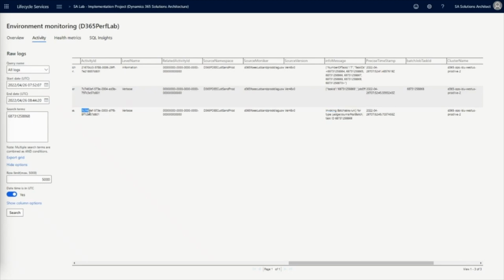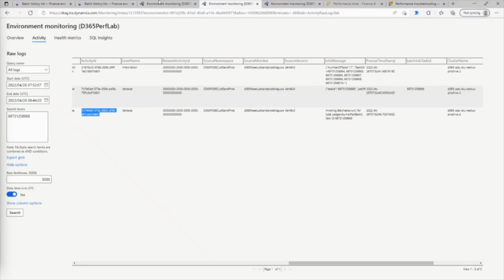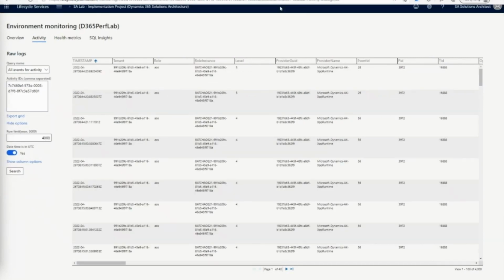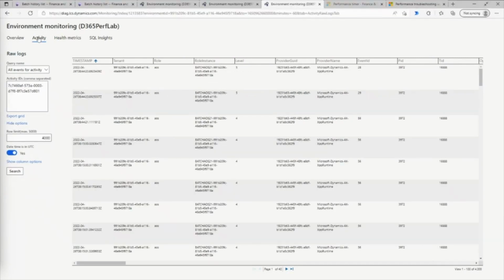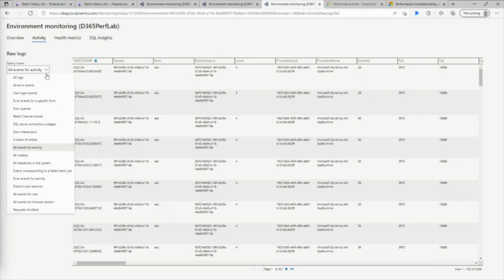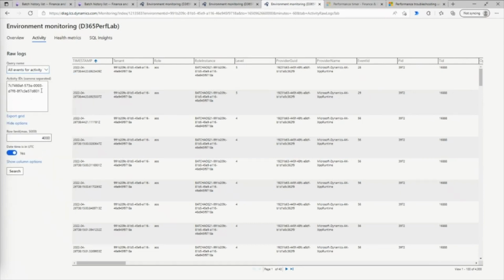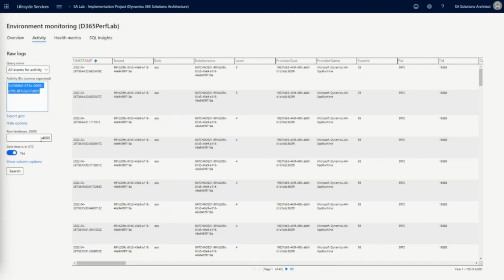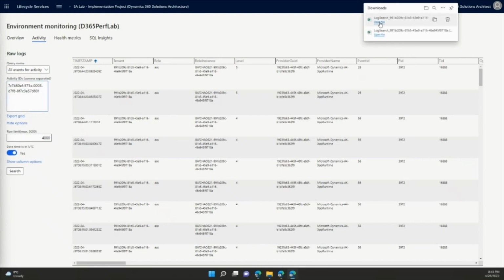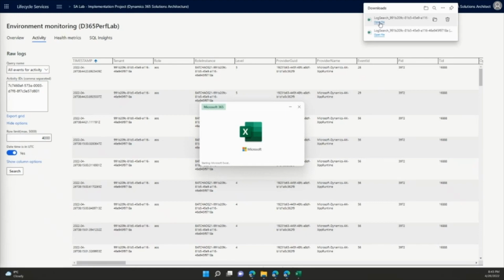So for the details of this posting activity here, I take this activity ID and then go in another iteration of the monitoring tab to the activity, search for the query all events for activity ID and paste the activity ID, modify the row limits and press search again. It takes a couple of seconds until the data is populated. Then export the grid, open the file,